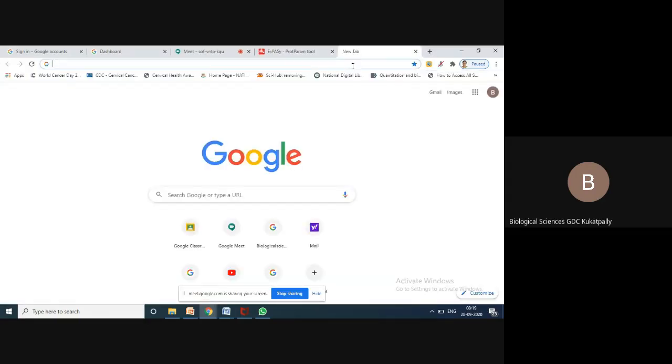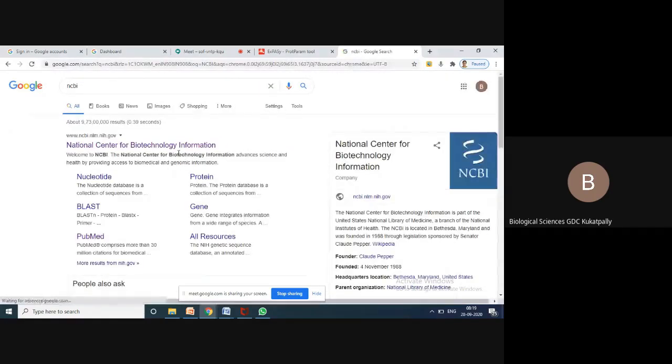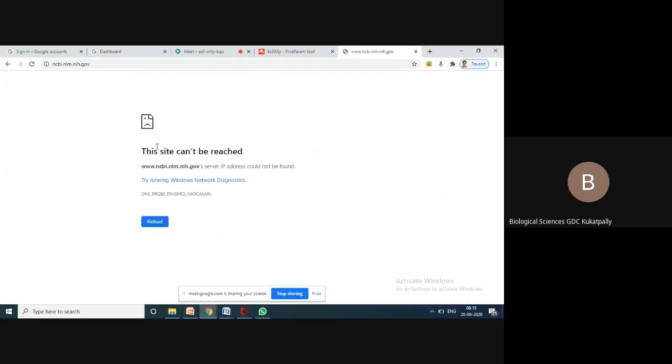understanding, there is a site called NCBI. This is like Google for us. For a layman, Google gives all the information; for a biotechnologist, NCBI, which refers to National Center for Biotechnology Information, is Google for us. You should start Googling this site.